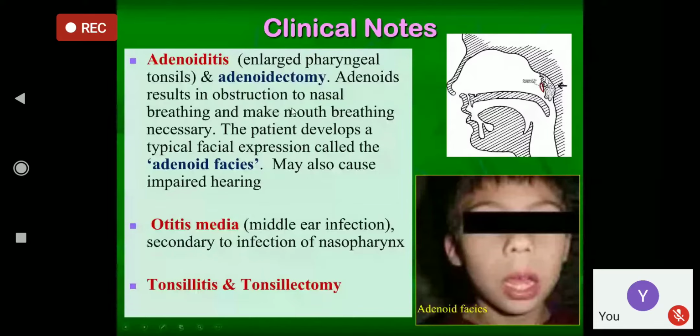Now, whenever we have enlargement of the nasopharyngeal tonsil in the case of children, the children will develop a typical facial expression known as adenoid face. Now, what will happen in the adenoid face? As the enlargement of the nasopharyngeal tonsil will obstruct nasal respiration, the patient will inhale the air through the mouth, and it makes the